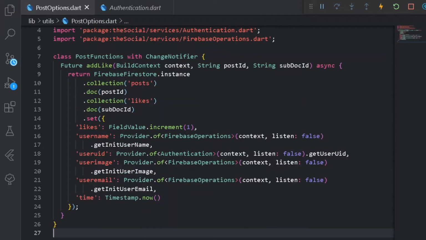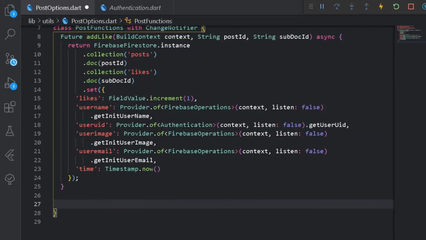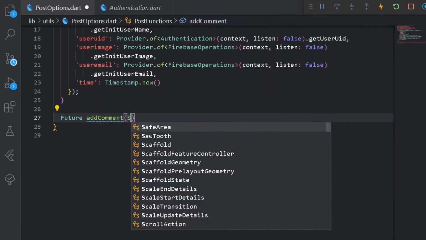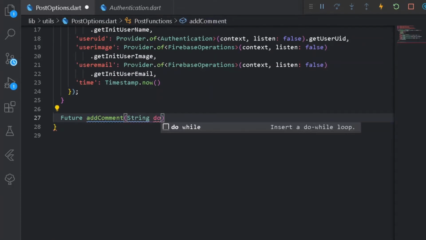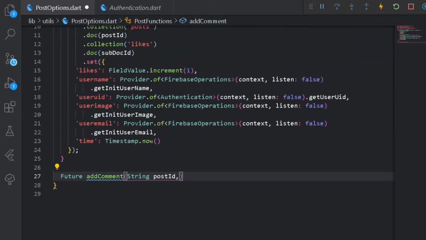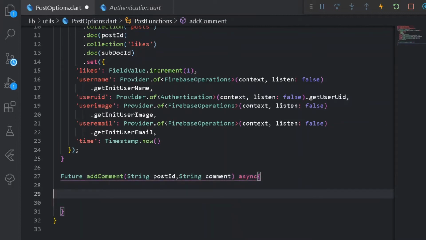Easy. So after having the following functionality of adding like, we shall be adding one more functionality for adding comment under the following post. So for adding comment I shall be writing future. Under the following add comment option it will be taking a string to be doc ID, that is a post ID. Let's have post ID, and after that it will be taking all of the data of the following comment, and under the following post we shall be adding comment, and for adding the comment we shall be taking the string to be comment as well for having a unique document. So here let's have this process to be asynchronous, and under the following method I shall be adding await Firebase